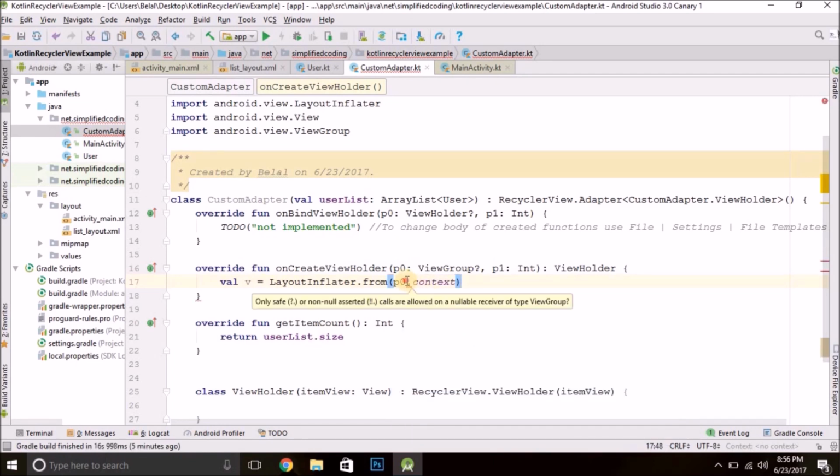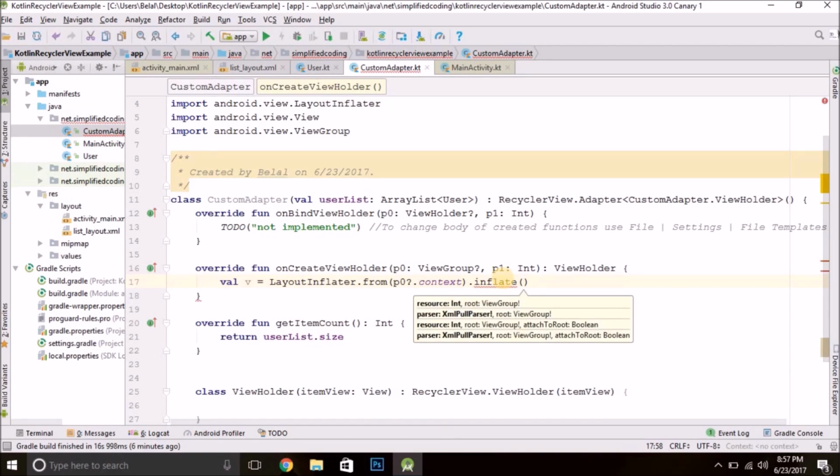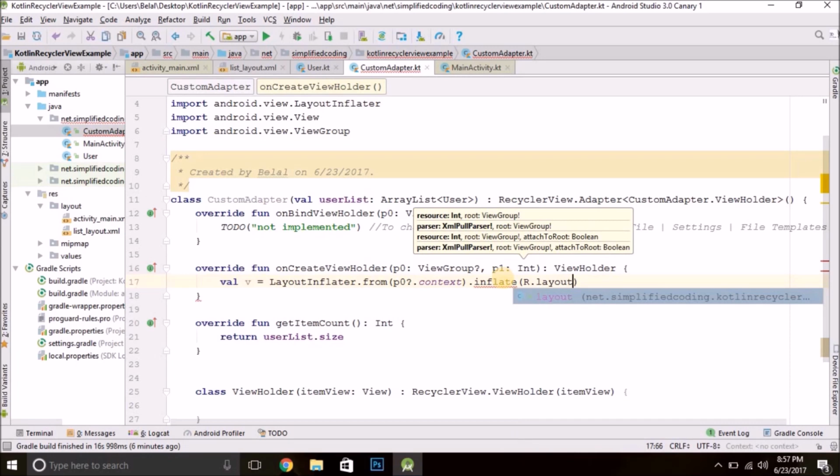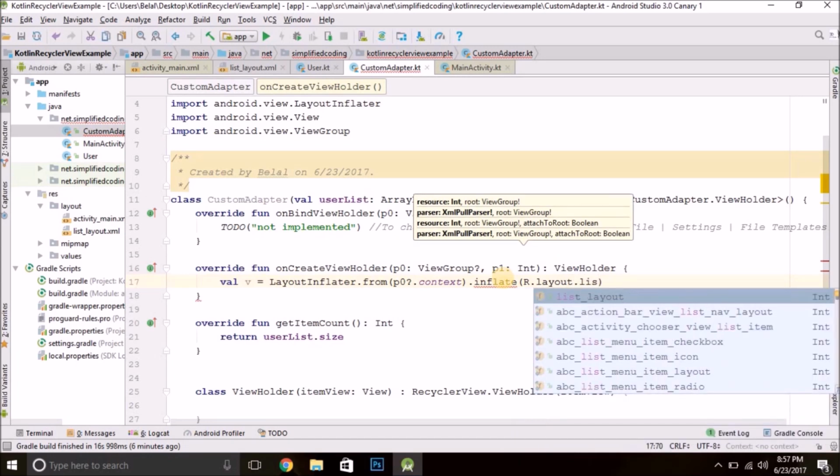Now to handle the null we need to put a question mark here, so put question mark. Now p0.context, and then we will call the inflate method, and here we will pass our layout resource. So we will pass R.layout.list_layout.